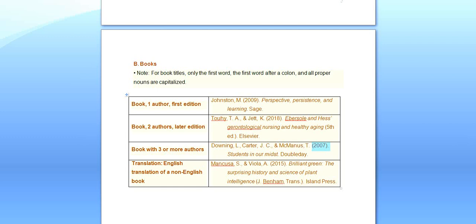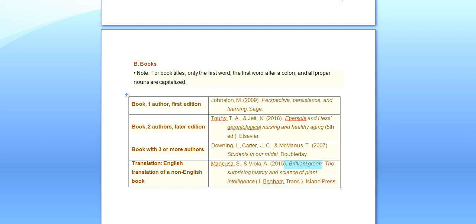Then after that you write the name of the book, which must be written in italics, as you can see it here. And then after that there is the publication date here. Now if the book is translated, for example, an English translation of a non-English book, then you start with the author's name here, the publication date, then the name of the book here, and after that,